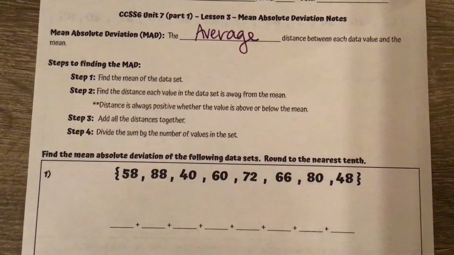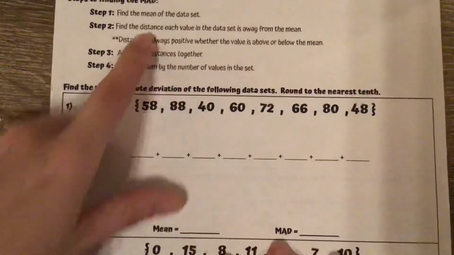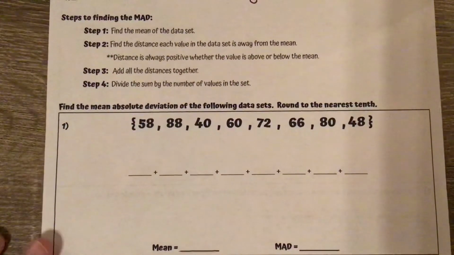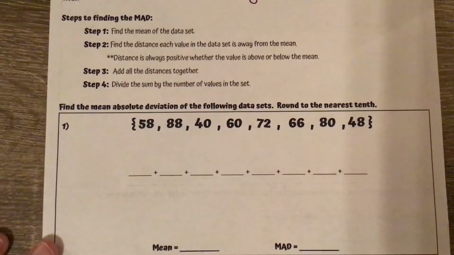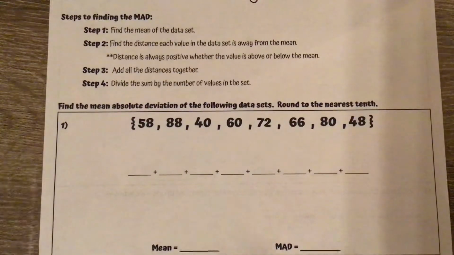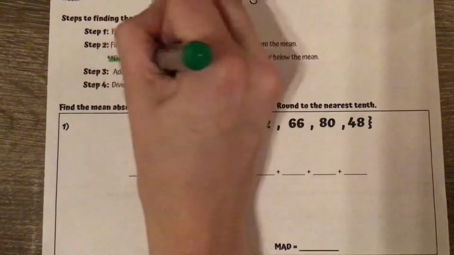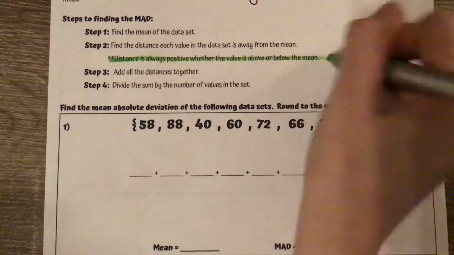So, the mean absolute deviation is the average difference between each data value and the mean. So basically, we're going to find the mean. We're going to find the distance each value in the data set is away from that mean. What is important to note is that the distance is always going to be positive no matter whether the value